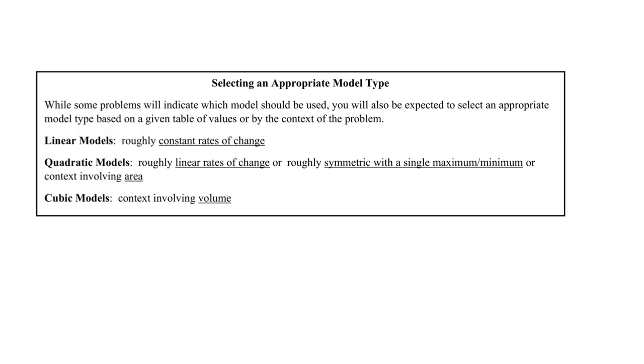Okay, so how are we going to know what to do? A lot of times the wording of the question will give it to us, but if not, we can look at rates of change. Remember, rate of change is a slope. If they're always pretty close to the same slope, a linear model would be good. If the rates of change are linear, meaning they go up by the same amount every time or go down by the same amount every time,